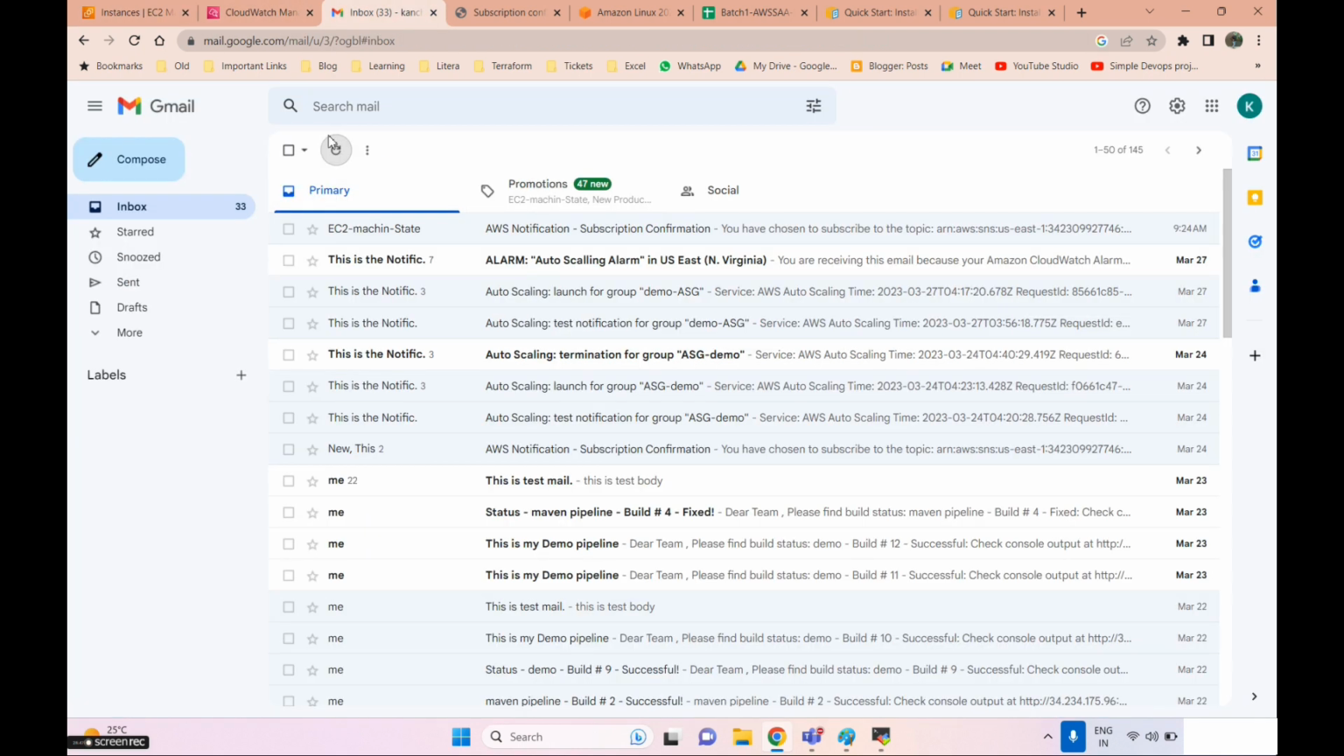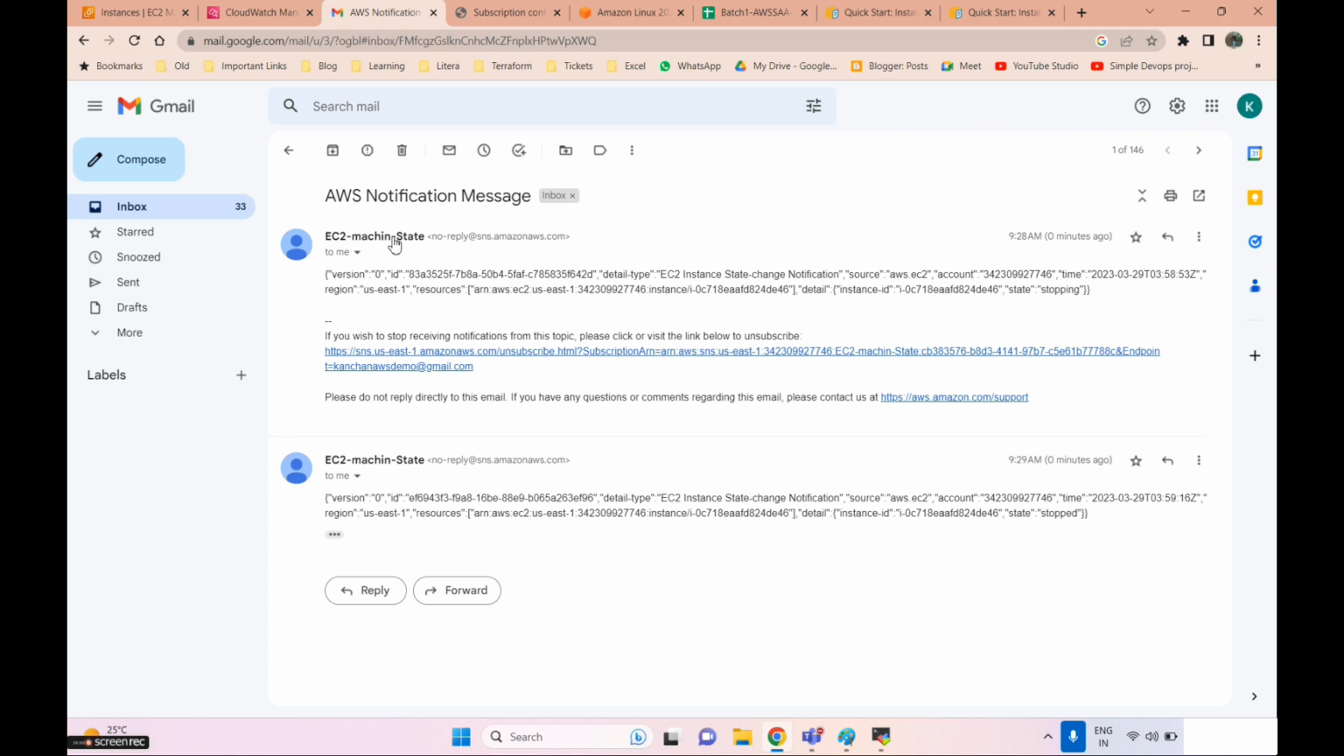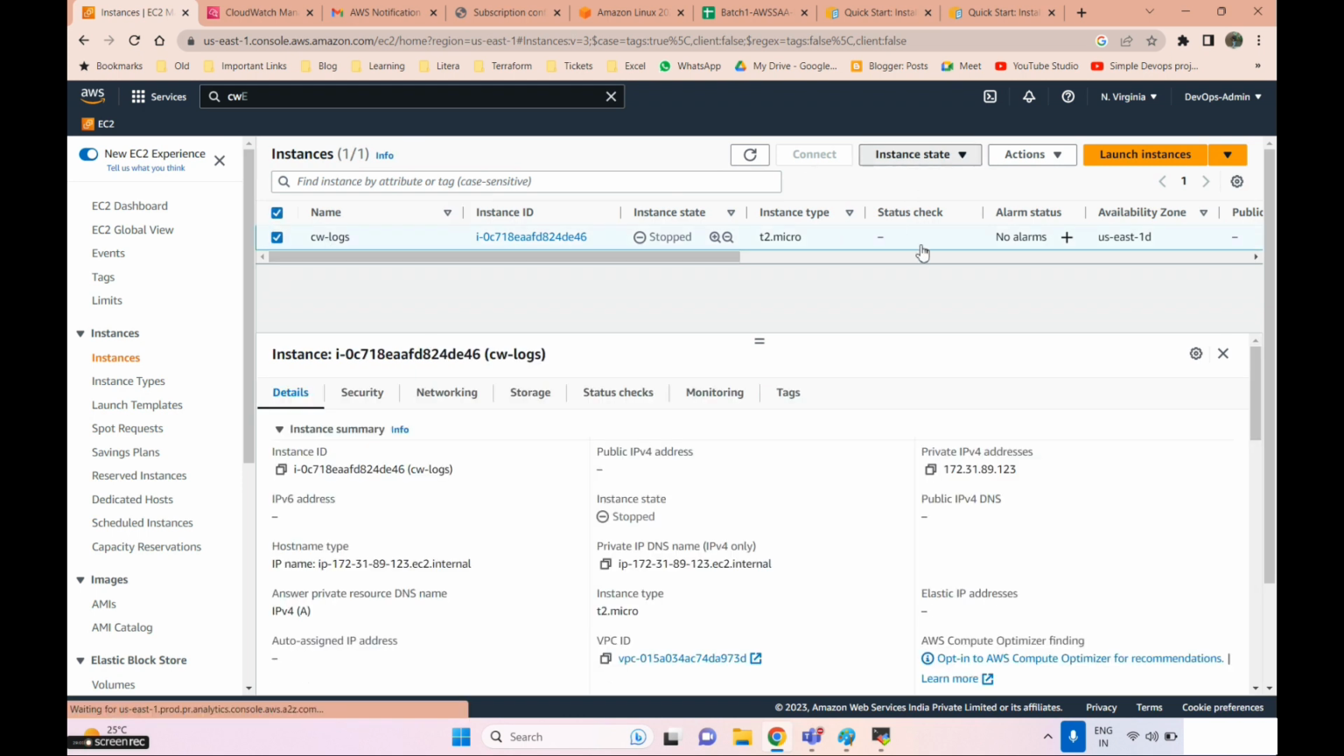Okay, stopped. Yes, see, I got the EC2 machine state change, and it is showing the stopping state and then the stopped state. So I got two emails. If I go and start this machine again,